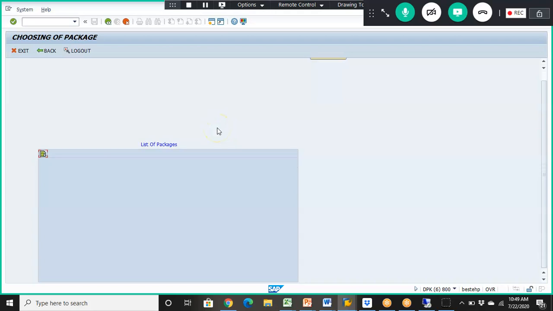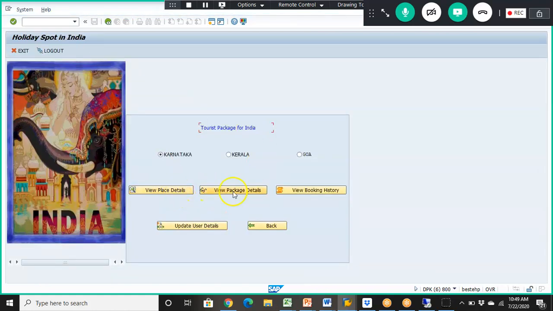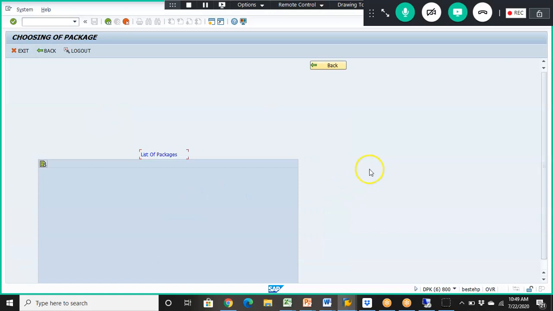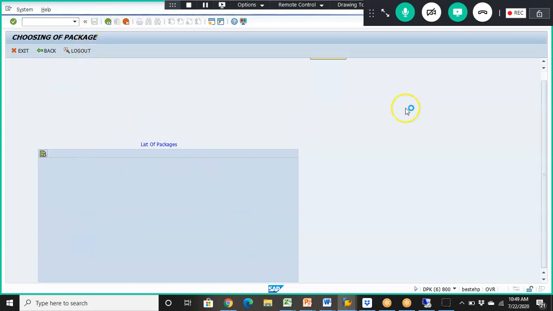Okay, now we don't have the field catalog. The reason is coming like this. When I uncommented the messages, now it is showing this, that pop-up is not coming. But then we need to get the field catalog. So you just pass the structure name and then do it. Then we'll see if that issue still persists. Then we'll see how to solve it.